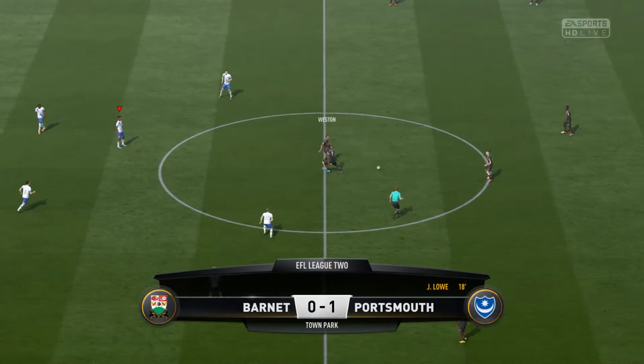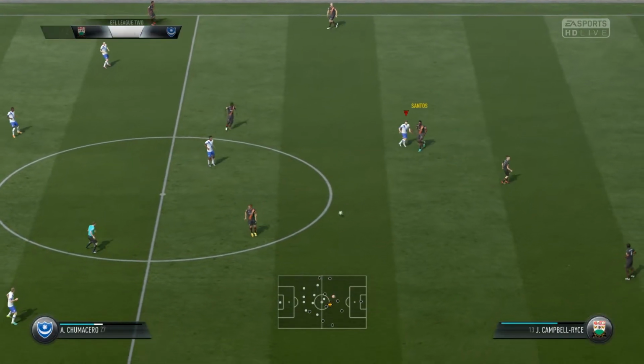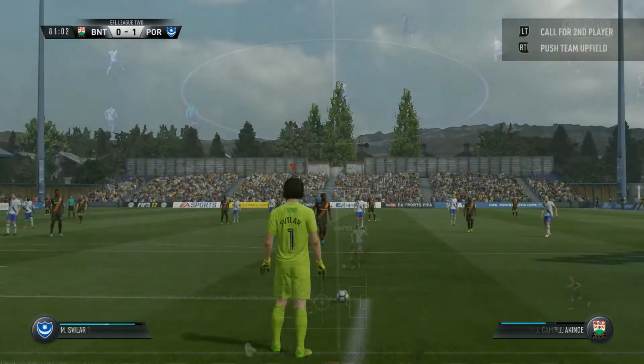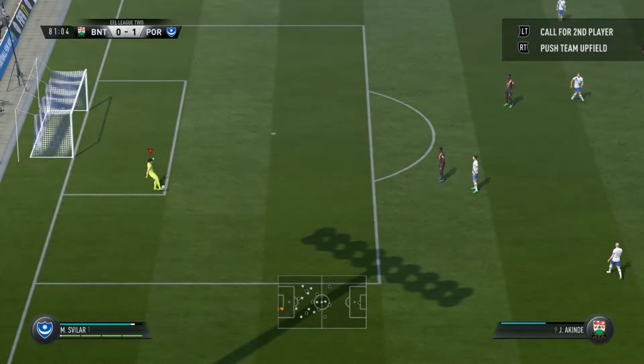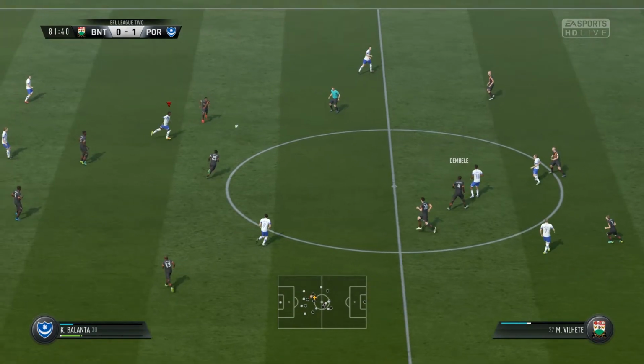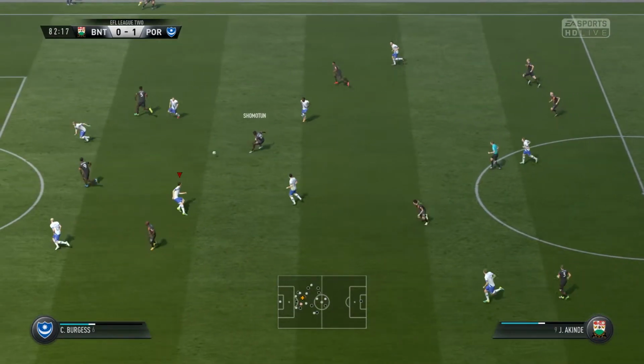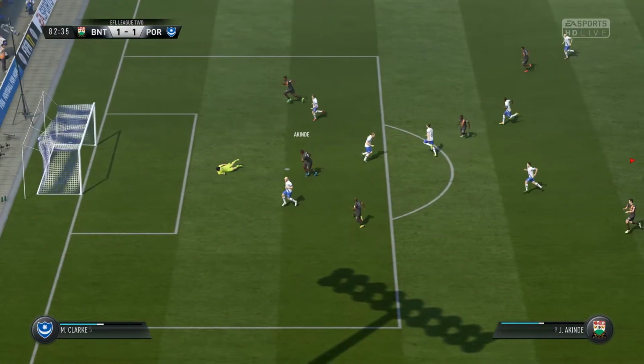And Barnet are going to get us underway here for the second half. Let's see if we can crack another goal on here. Sflar's going to pump that ball long. It's going to fall nice to Balanta. Maybe not. Here we are. They're on the counter here. Could be some danger. And oh my...